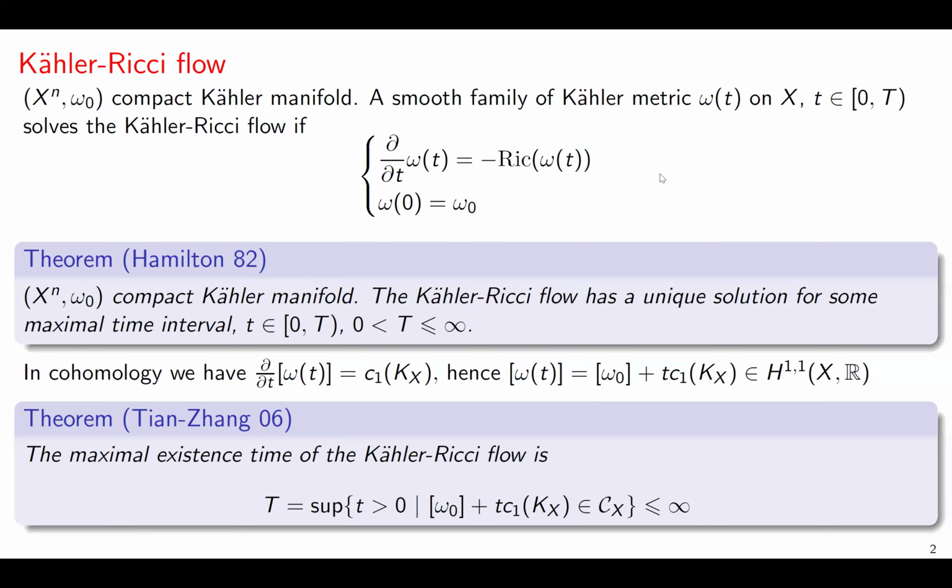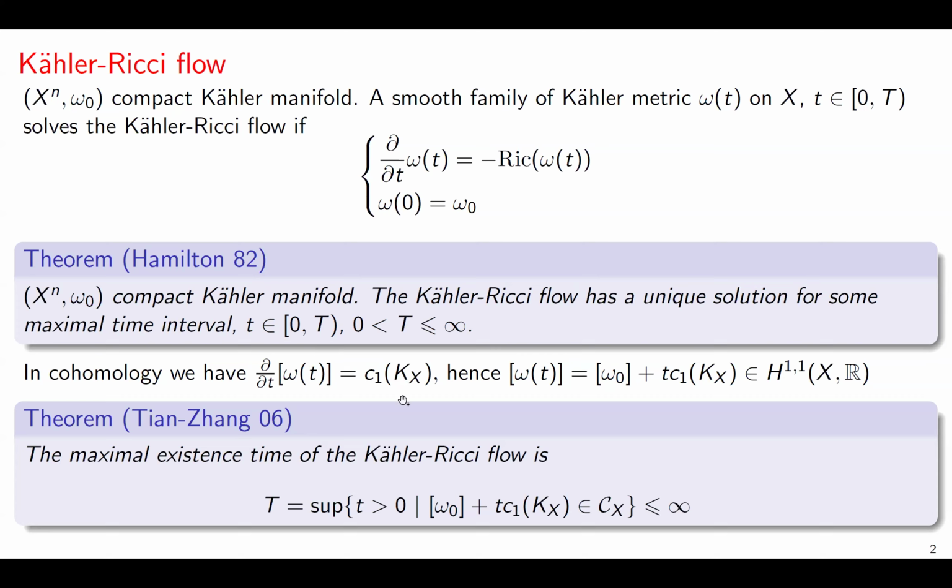And a fundamental result of Richard Hamilton in the 80s is that you can always solve for some short time. This is true even in the Riemannian world. You don't even need Kähler. And the solution is unique, and it has a maximal time interval, big T. However,